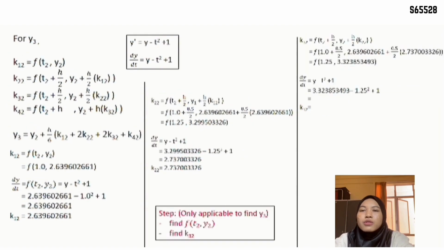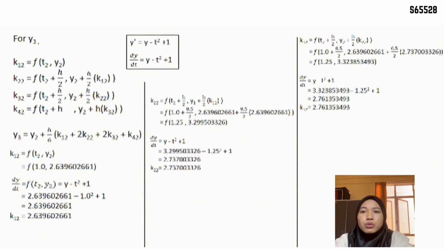And then we proceed to find the k32, which in the formula is t2 plus h over 2, y2 plus h over 2 times k22, and we substitute the value of t2 and so on, and we get the value of t, which is 1.25, and y is 3.32 something. And then we substitute the value of t and y in the equation of y minus t squared plus 1, and we get the k32, which is